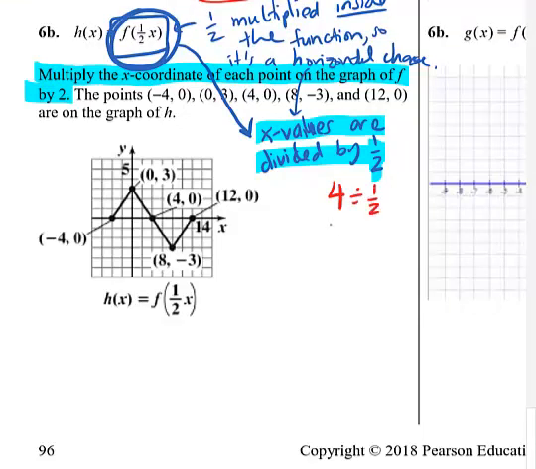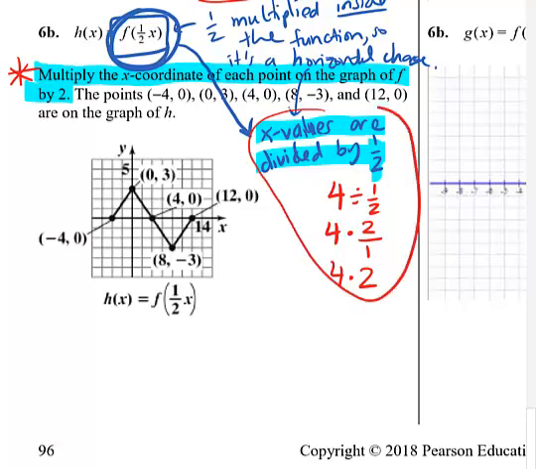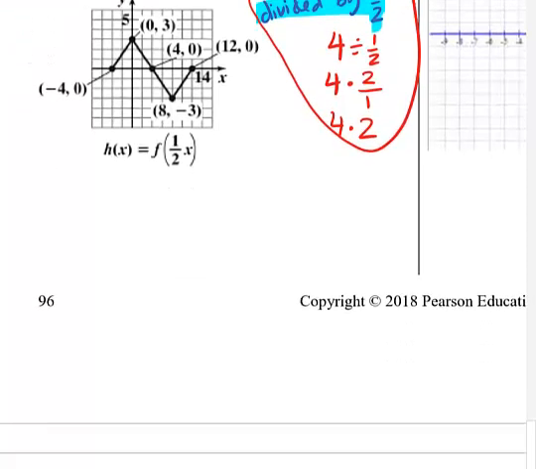Well, remember then you have to flip and multiply, so I do 4 times the reciprocal of that, which is 2 over 1. So you pretty much end up multiplying by 2. So what they've written here is just a simplification of what we've said. We said divide the x coordinates by a half, but they're saying, well, that's the same thing as multiplying by 2. Or multiply x coordinates